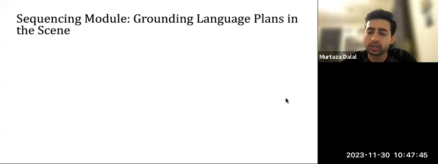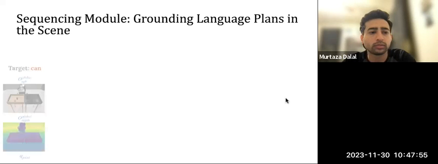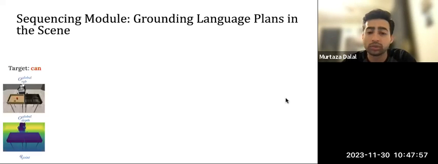So moving to the next part of the method, the sequencing module. The sequencing module takes in the target region, estimates its pose, and then motion plans to that target location. So the inputs are the target region, the global views of the scene, and the depth images. By global, we mean that you can see essentially everything. And we have multiple views, which we visualize one right here. And these are used to cover whatever's happening in the scene.